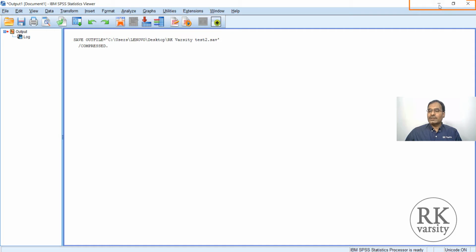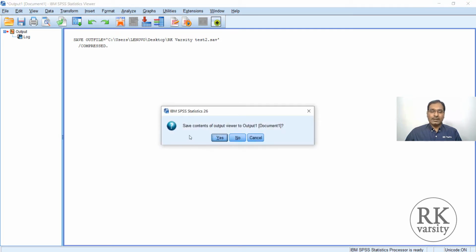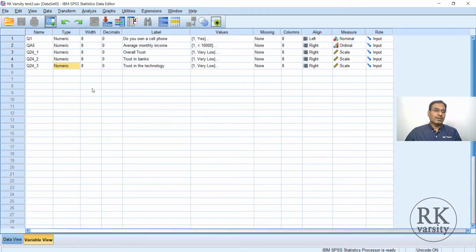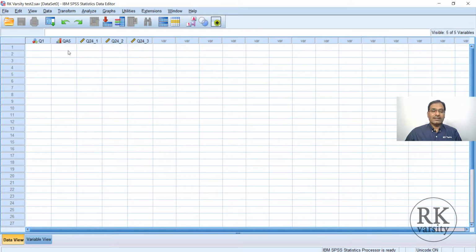Here you can see minimize, maximize and close buttons. So click on the close button and save contents of output viewer. No, this will close and your data view is here. So now when you wish to enter the data, you need to click on data view, and here you can see the variables. So Q1, this indicates that this is a nominal scale, and Q5, this indicates your ordinal scale, and this is a scale.